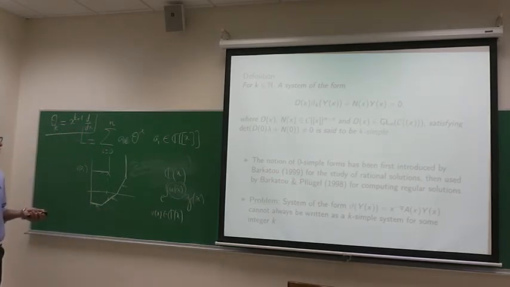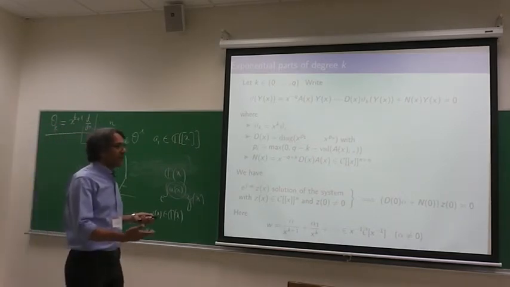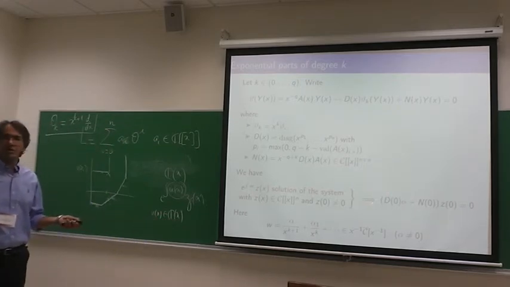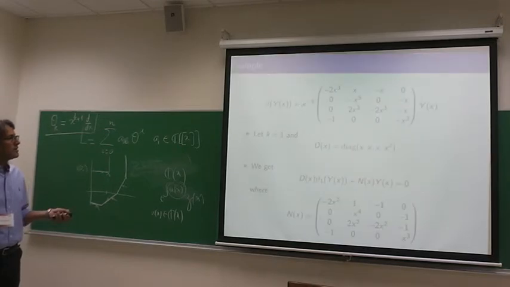So the problem is that if you do this rewriting, you are not guaranteed to get a determinant that is non-zero. Okay. Here is an example. If you take this example here,